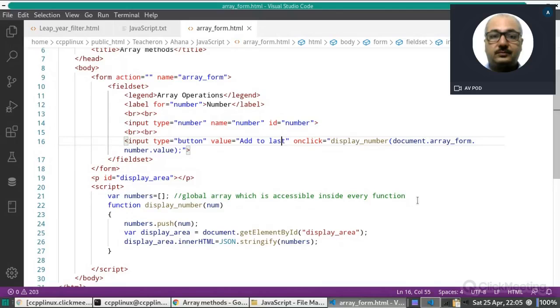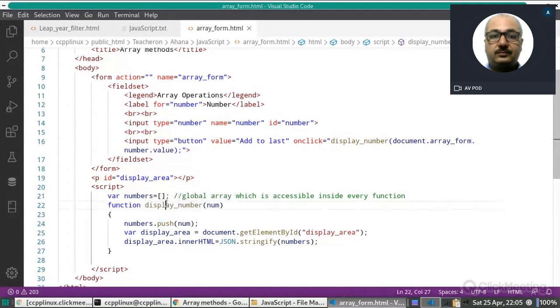Now this button should not call this display. It should call some other method. And in that method, we will call this push method, and after calling that push method, we will call this display number.